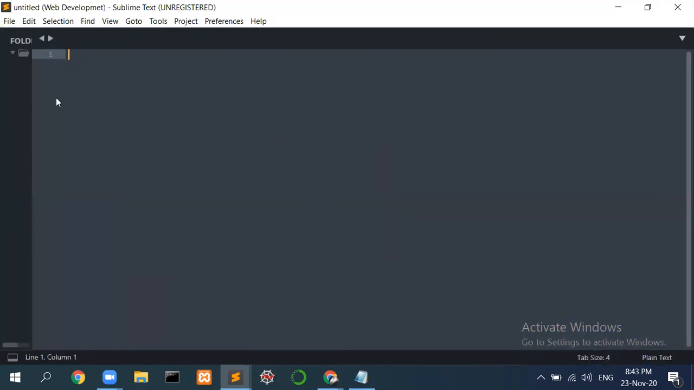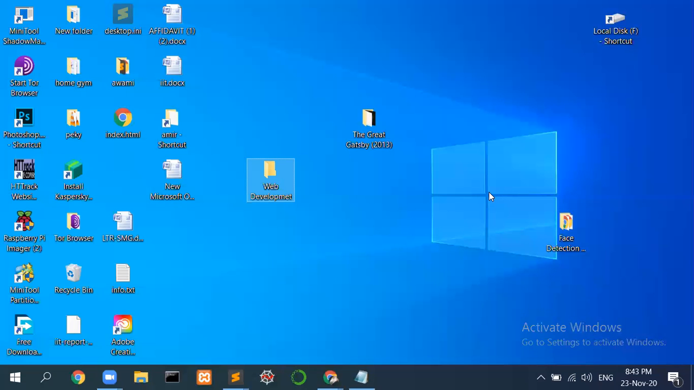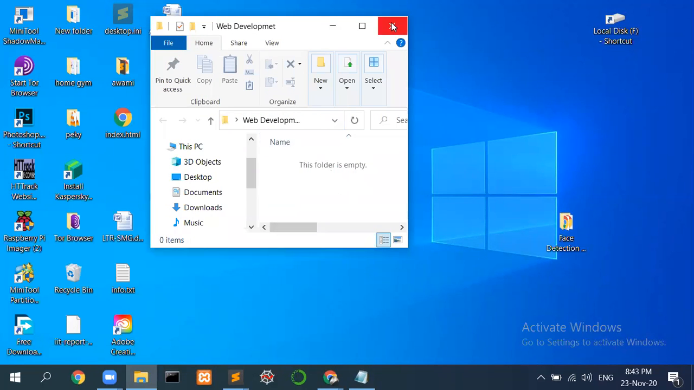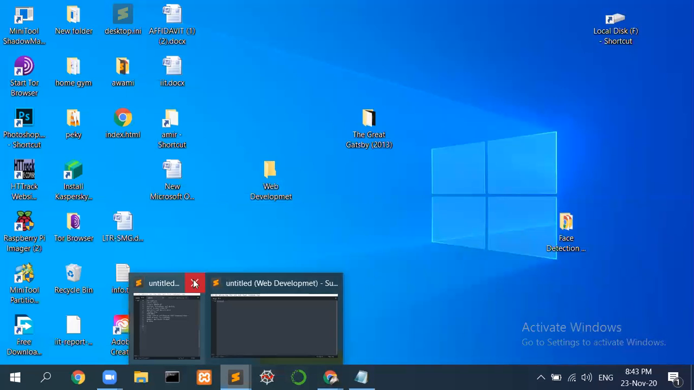Once we select a folder, we have nothing in our document. If we click over here, it shows there's nothing in our folder. If we go in our folder over here, it is empty. So what we will do is,